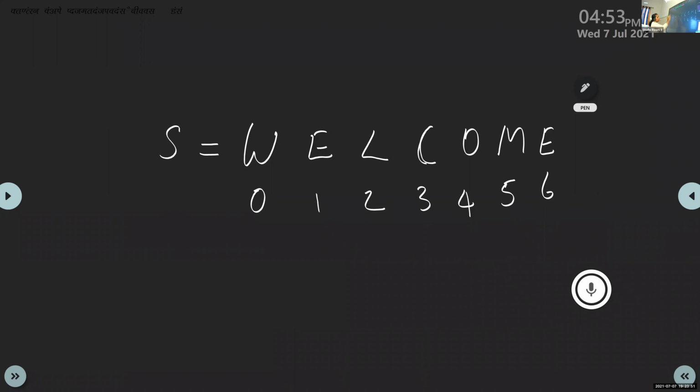S is equal to... A string is represented using either single quotes or double quotes. That is the format of string representation. We write some characters within single quotes or double quotes, then only it is used as a string. So S is equal to, within double quotes, I'll write the word welcome.